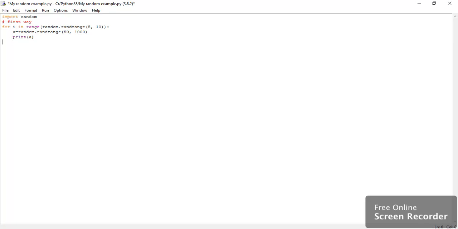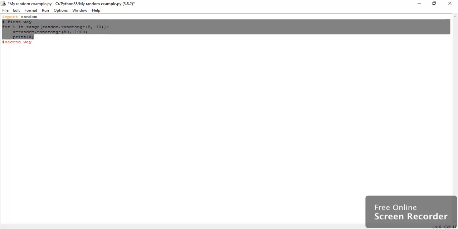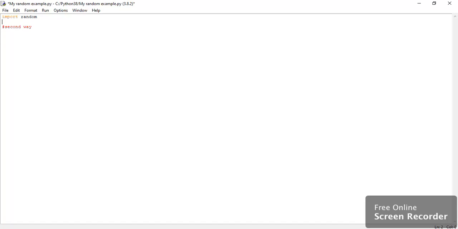Okay, so now there's a second way. I'll remove this first way. There are actually many other ways you can use this feature, but I can't go like this is one way, this is another way, this is another way, you know what I mean. So now the second way